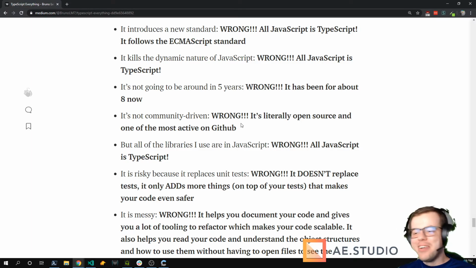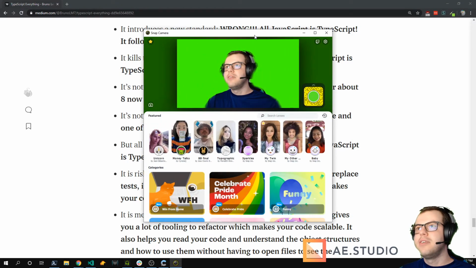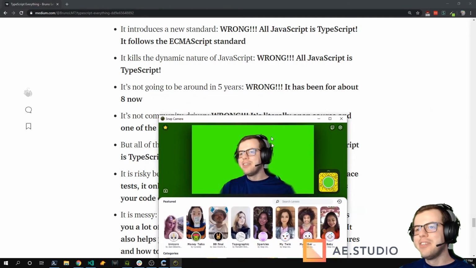My screen. Can't talk anymore. Sorry. So my green screen is not actually a green screen. It's a filter, so it's very scuffed. It's a little green screen. I can disable it. Yeah, so that's what I'm using for the green screen.